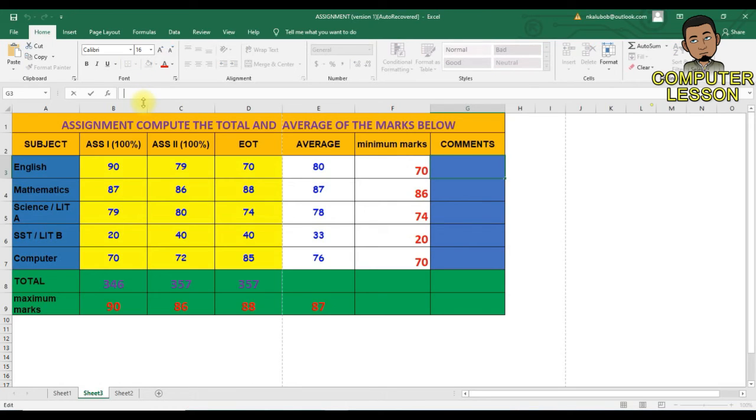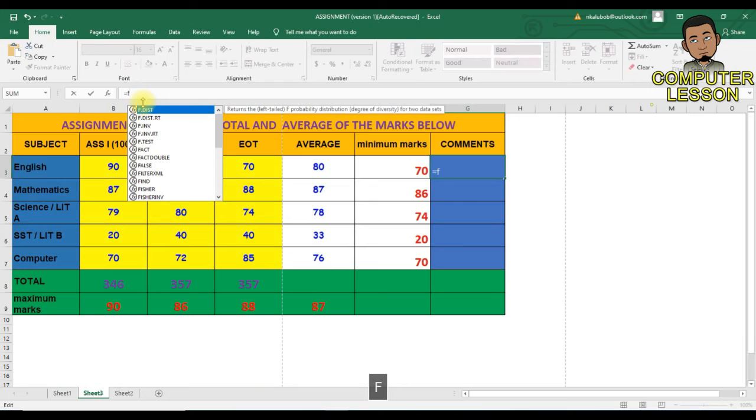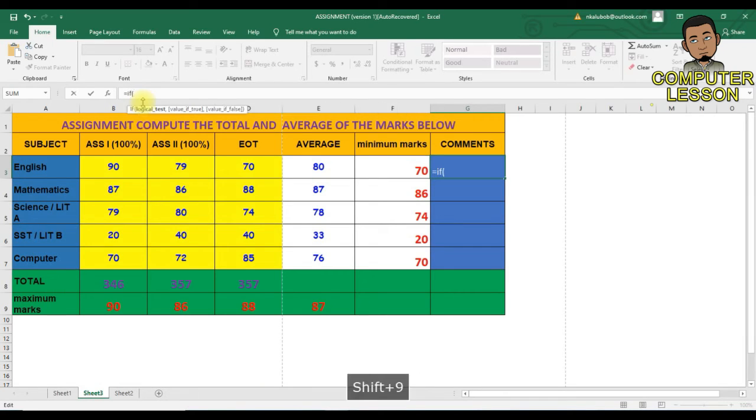Just come here to equal sign. IF, we open brackets, we say if E3, which is greater than 80%, we get our comment as excellent.